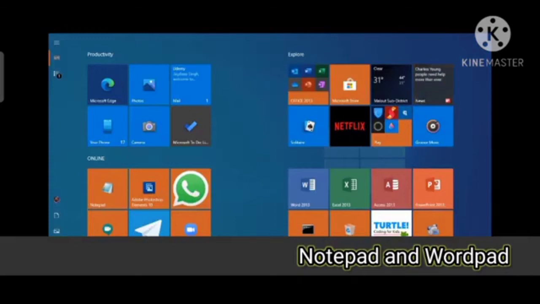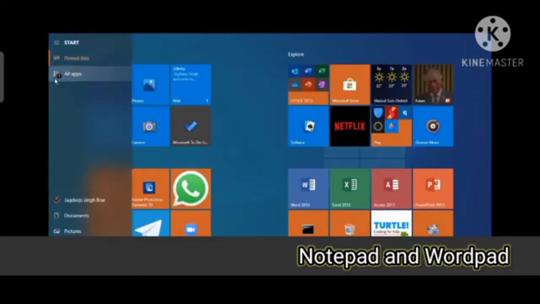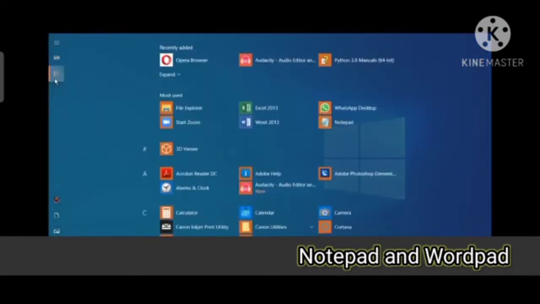So in order to start the Notepad, first of all we'll click on the start button and from here we will be clicking on the Notepad option from all apps, and in this all apps there is Notepad over here, you can see.